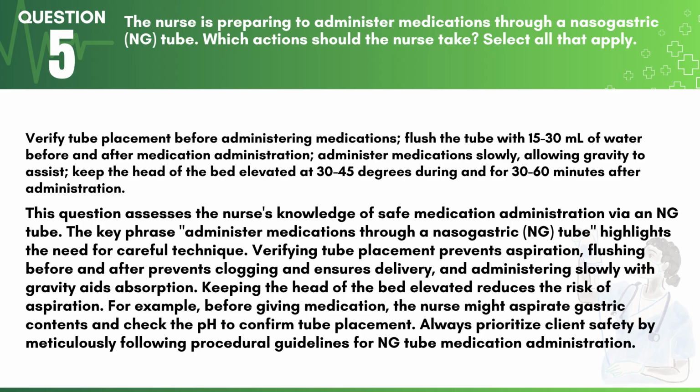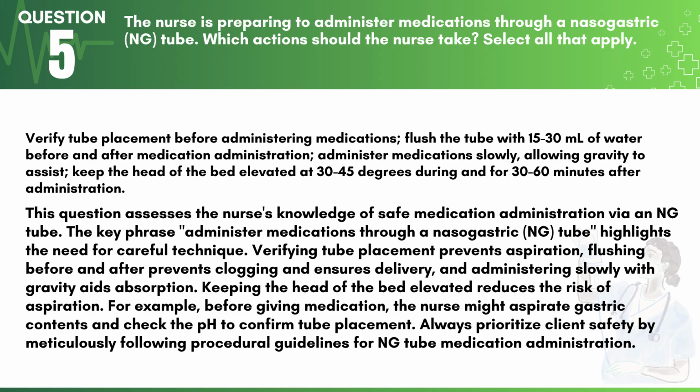The key phrase, administer medications through a nasogastric (NG) tube, highlights the need for careful technique. Verifying tube placement prevents aspiration, flushing before and after prevents clogging and ensures delivery, and administering slowly with gravity aids absorption. Keeping the head of the bed elevated reduces the risk of aspiration. For example, before giving medication, the nurse might aspirate gastric contents and check the pH to confirm tube placement. Always prioritize client safety by meticulously following procedural guidelines for NG tube